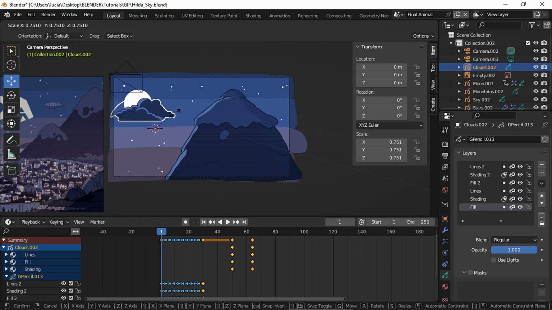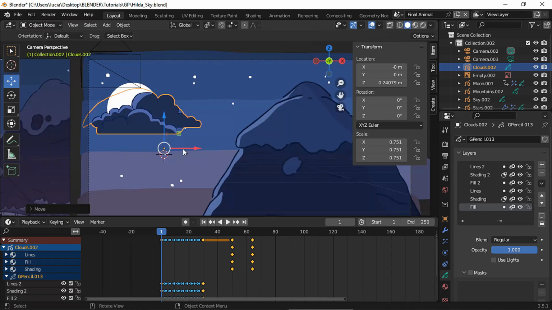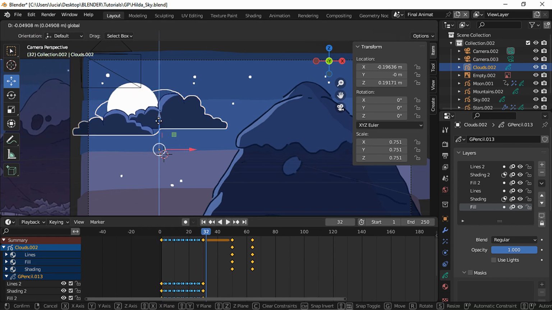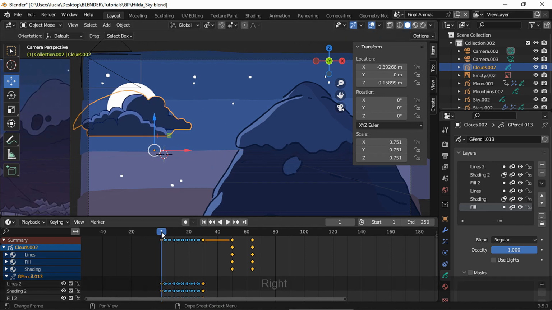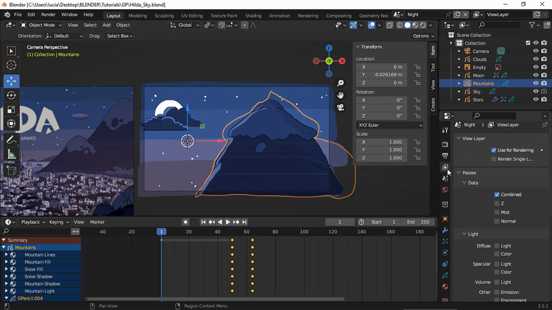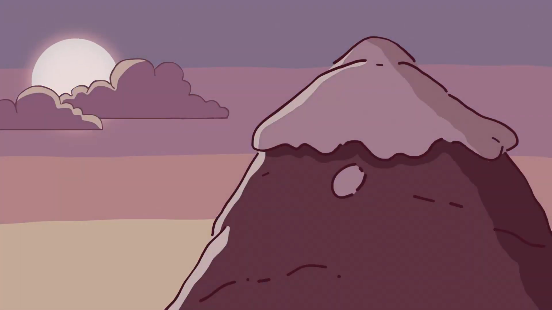And of course, I copied the cloud's values to the other two scenes. And before rendering, remember to enable Combine and Seed Passes. And here we have the final animation.